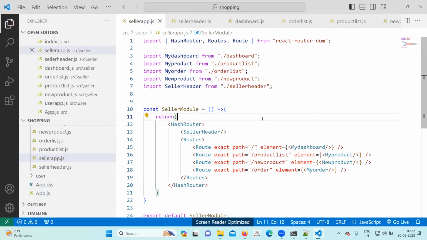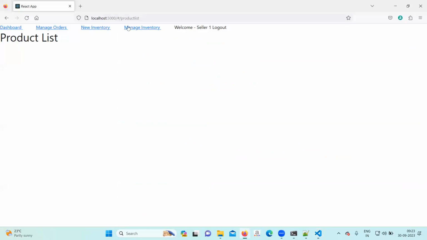Sir, can you show me your output? My output is here. On the click of that, the page will load. Yes, sir. Okay, sir. Fine.